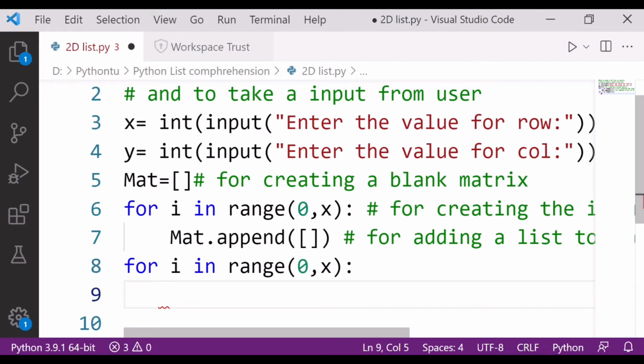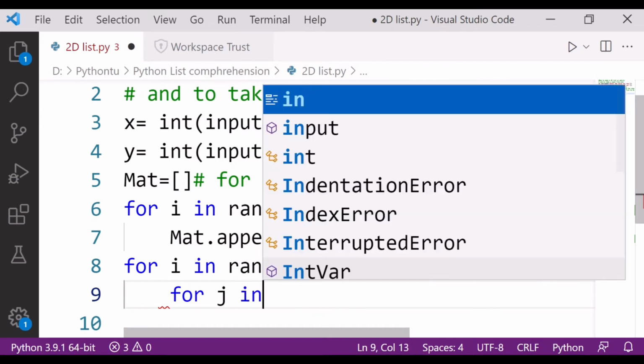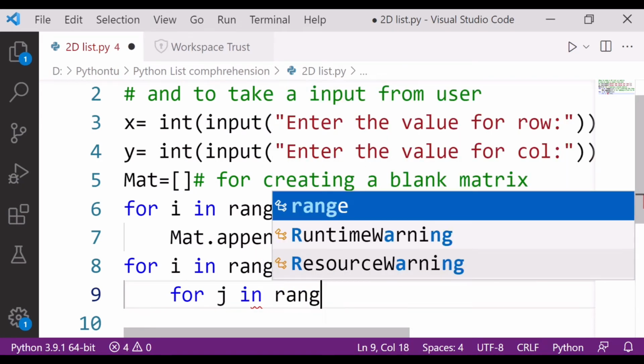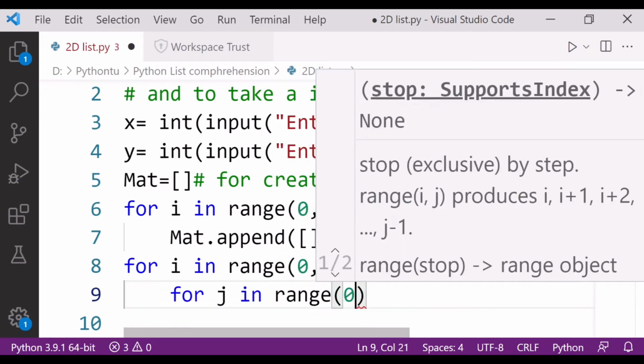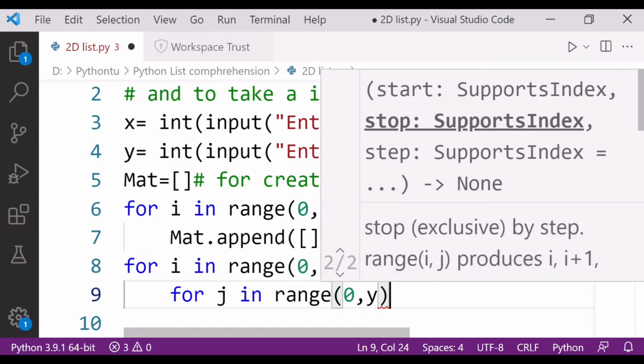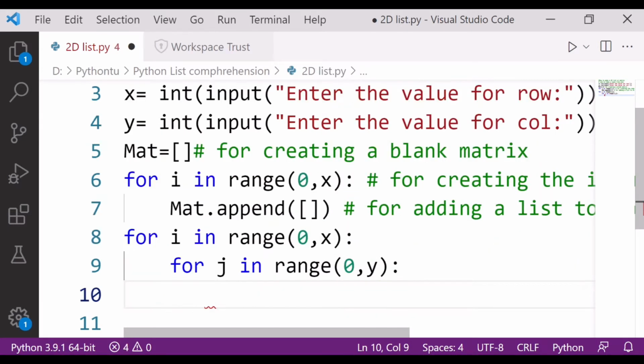Definitely now I have to take for the column also, that is for j in range. Now what is my column? 0 comma y. Fine, clear? So done. This is for row, and this would be for column.